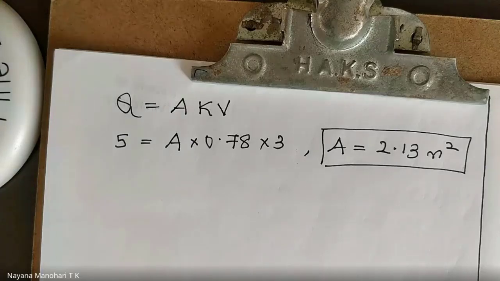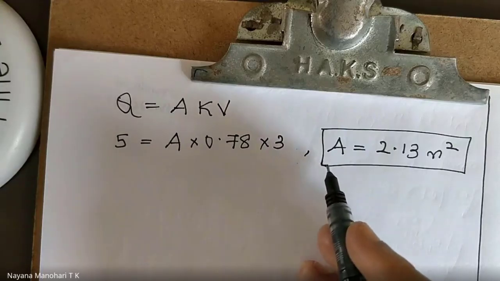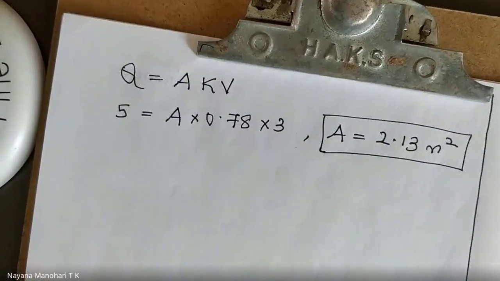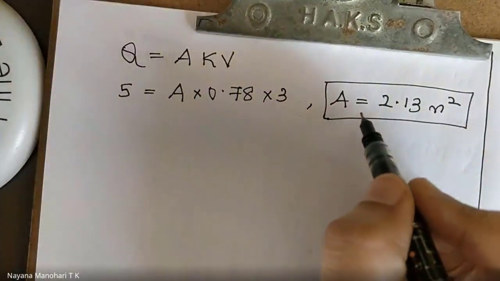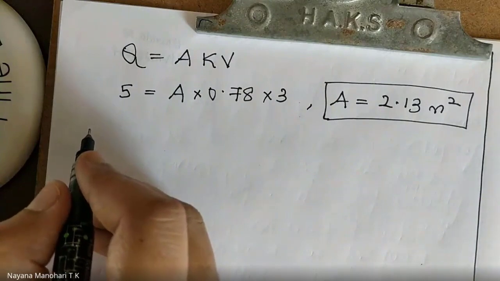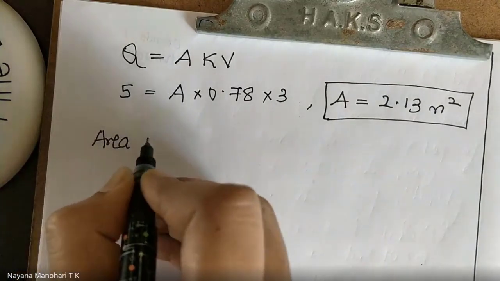Okay. That is the total area you have calculated. You need to calculate what will be the area provided for each pipe. This area that you have calculated is the total area. Next, you need to calculate what will be the area provided for an individual pipe. Okay, how to calculate that is